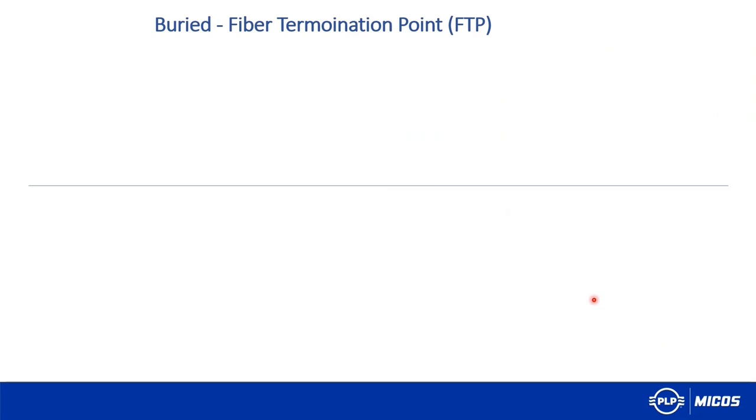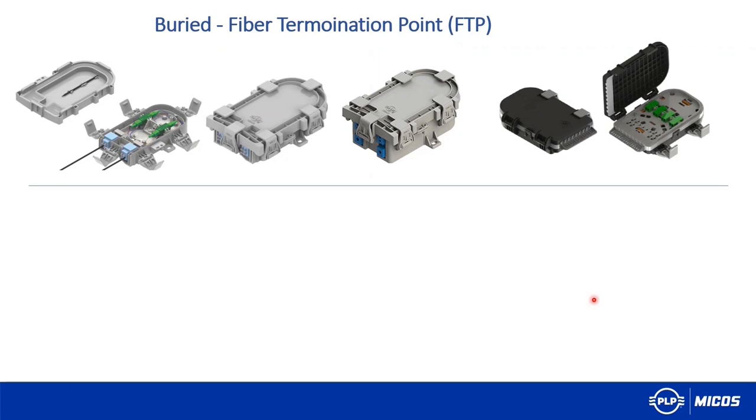But let's talk about this nice clean solution where you even bury the termination point. As I said, there are not too many IP68 boxes on the market. Why am I mentioning 68? Because this one goes under the ground, so it must be IP68. You can see here different types, and it can be from 2 to 8 connectors. We also have ones which are kind of versatile, so you can use them on the wall as well as under the ground. The benefit of this closure is that you can directly bury them, or you can put them